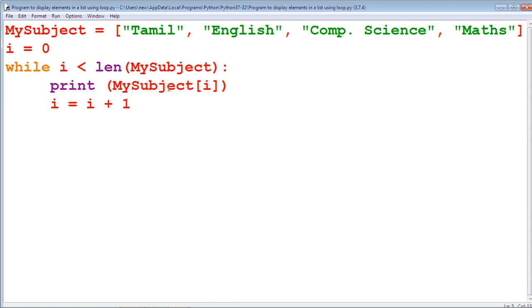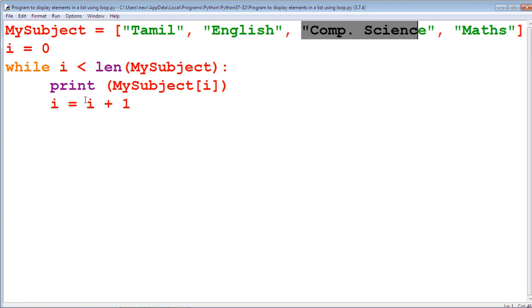The value of i: the first value is 0, so at the first step print my subject of 0, so Tamil is printed. In the next step i becomes 1, print my subject of 1, that is English, and in the third step print my subject of 2, that is Computer Science.